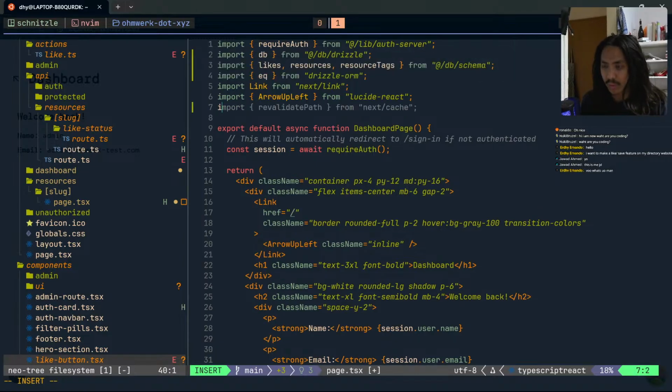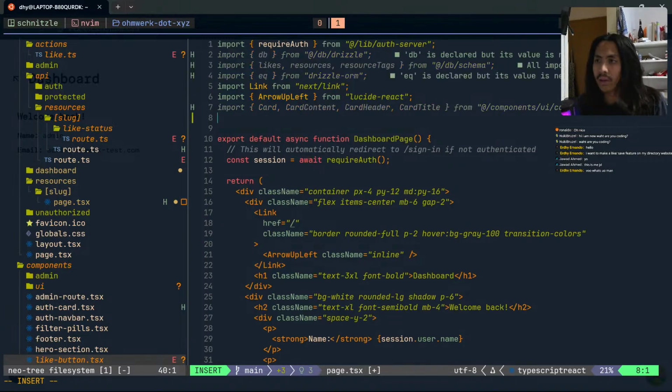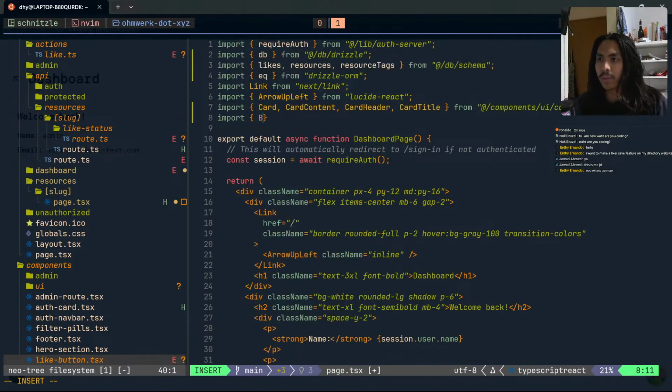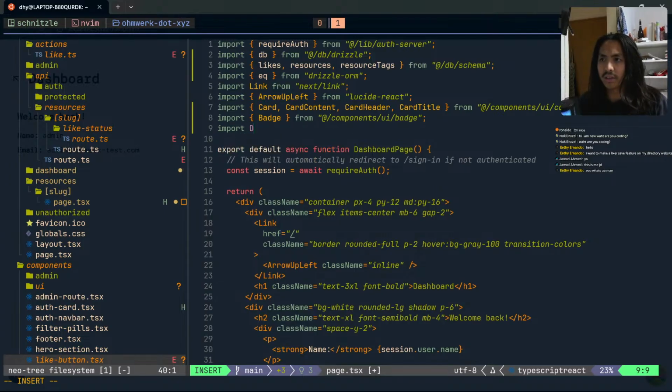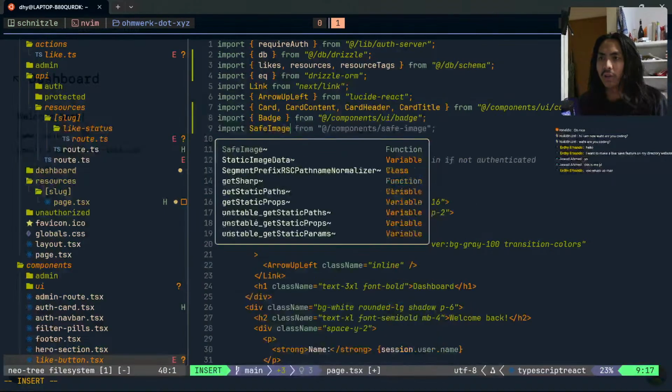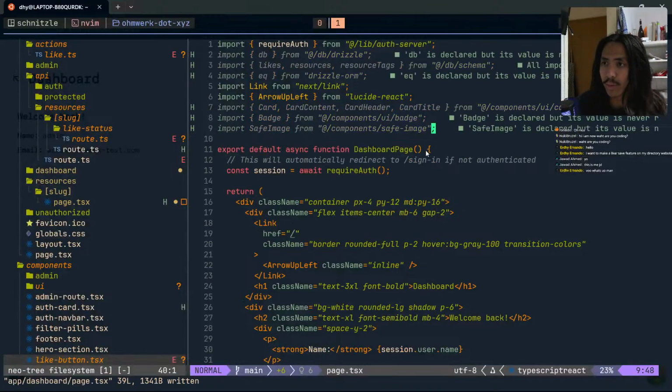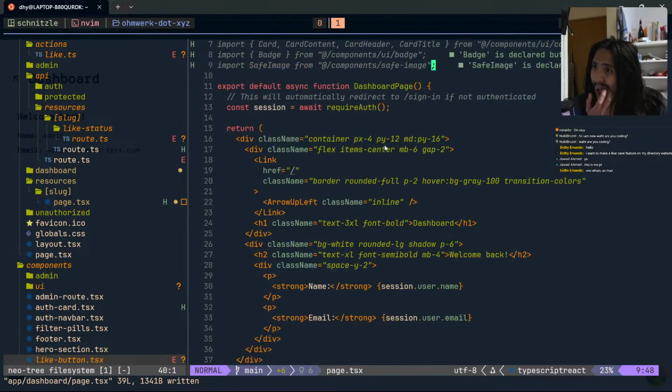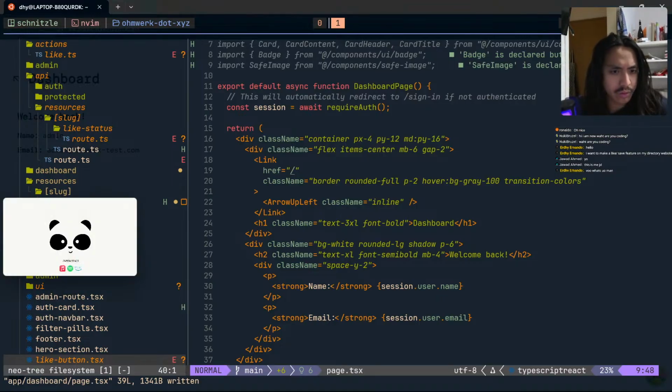And then we need to add some card content, card header, card title. We're gonna import some badge as well as the save image that I created because I do not want to deal with managing the, what's it called again? There is a Lex config. So